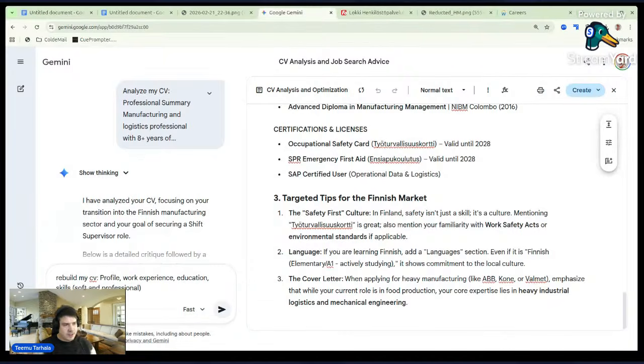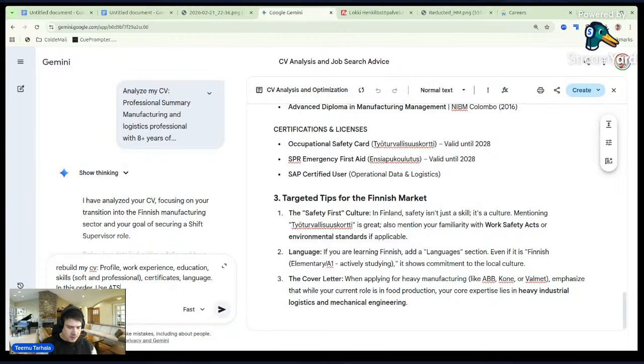Then we want certificates. Then, I'm trying to think, what do we have? Language. Let's start with this. We can always throw more in this order.